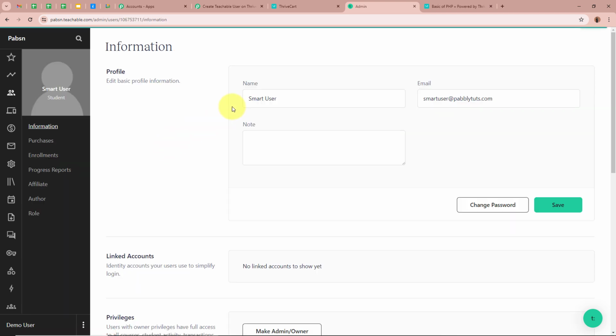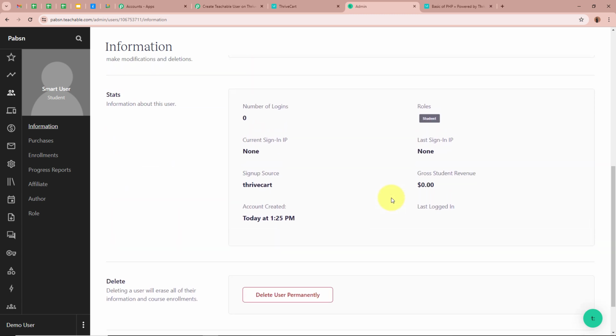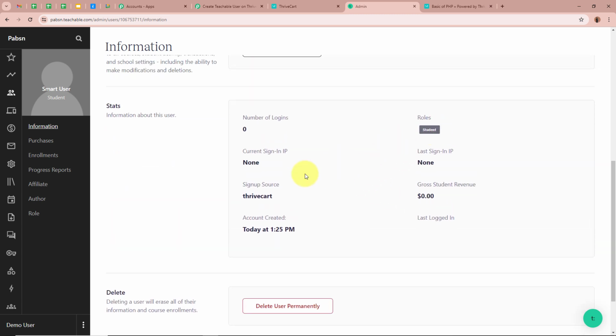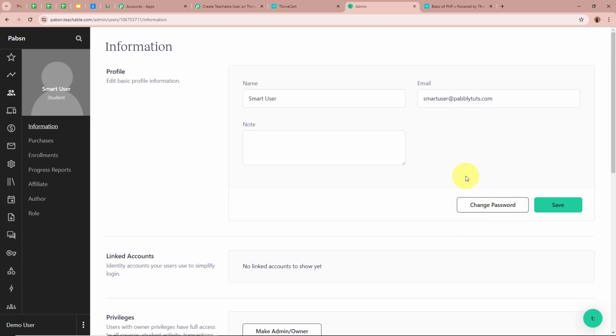For the name of the user as smart user, for the email as smartuser@pabblytudes.com, and it has the detail of the role as student, and for the source as ThriveCart, as you can see right over here. So this means that we successfully created an automation between ThriveCart and Teachable with the help